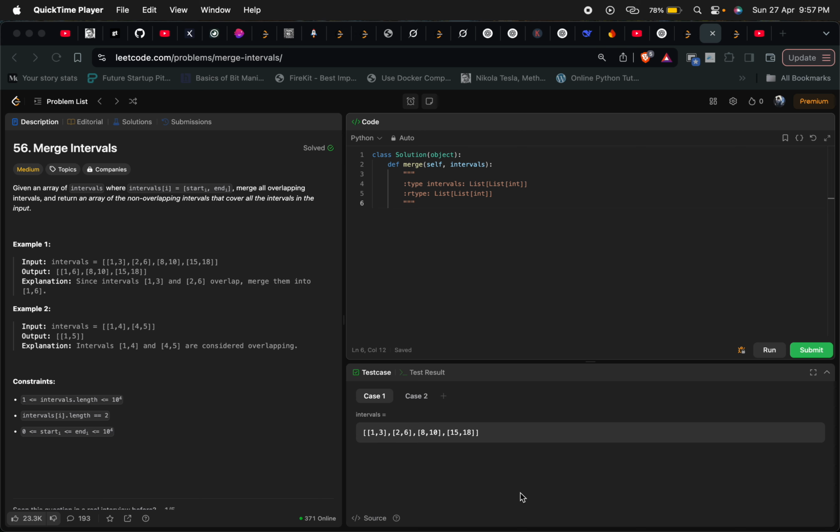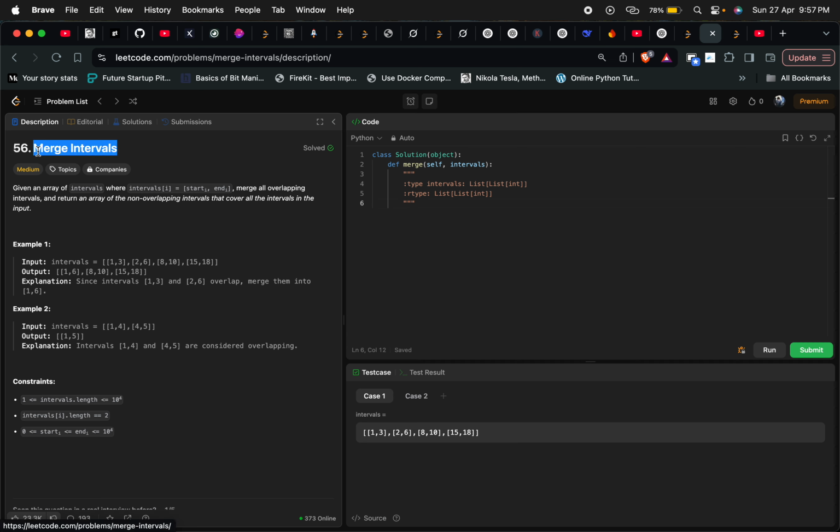Hello everyone. So today we are going to take a look at problem number 56 of Leetcode, which is merge intervals. It is a medium level problem, and it says that given an array of intervals where intervals[i] is equal to [start_i, end_i], merge all overlapping intervals and return an array of non-overlapping intervals that cover all the intervals